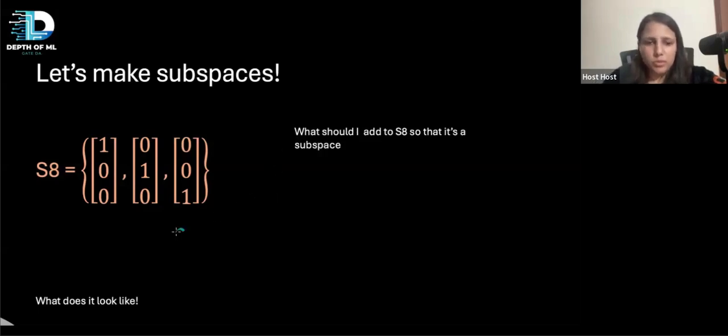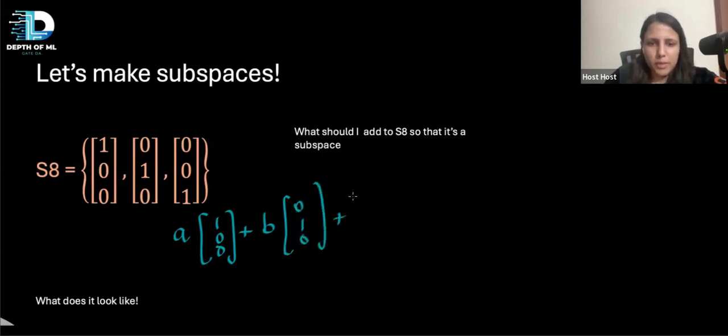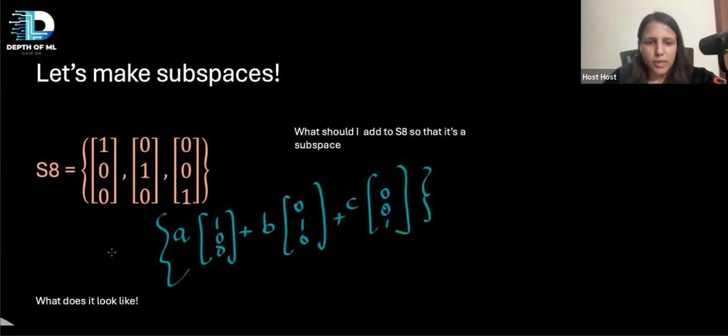Okay, so A of 100 plus B of 010 plus C of 001, right? If I add this set, the linear combination, correct? Add this, right? And so this will become a subspace of R3. What will it look like? It will look like R3,